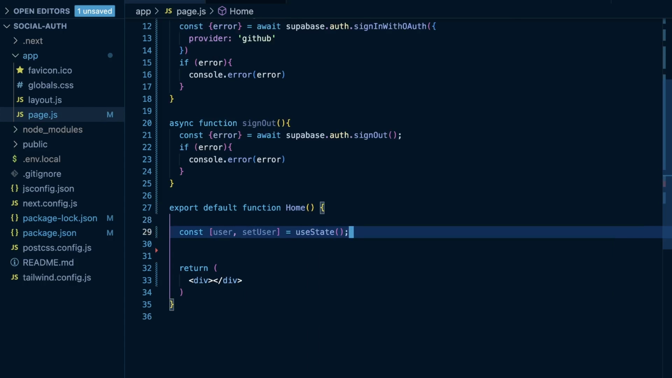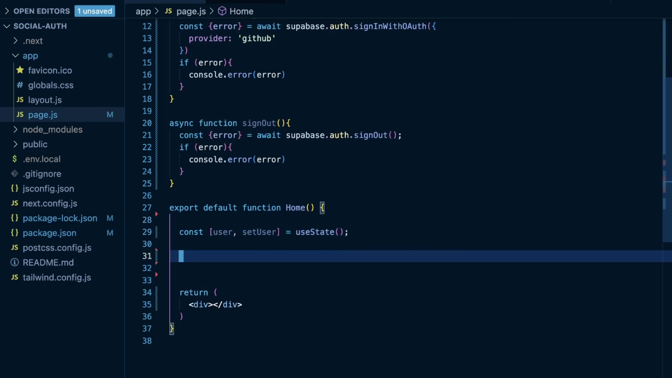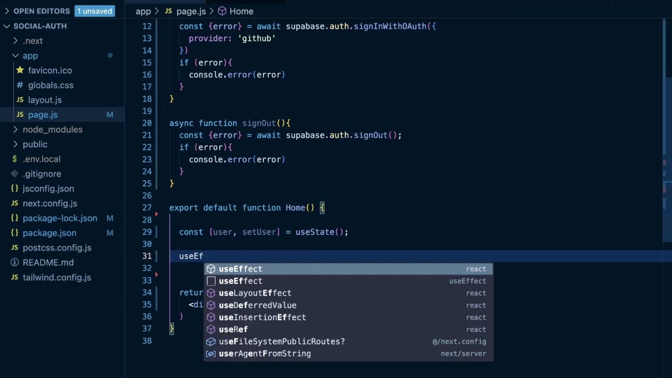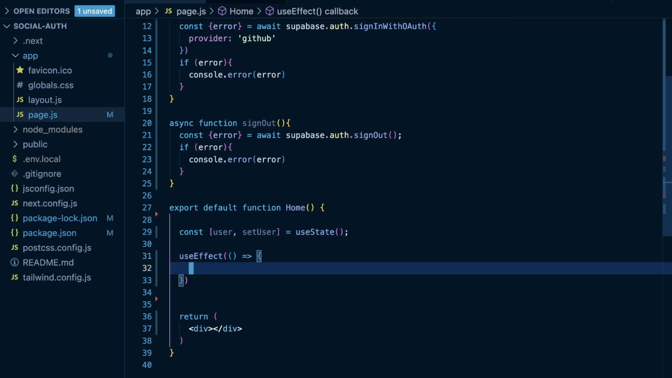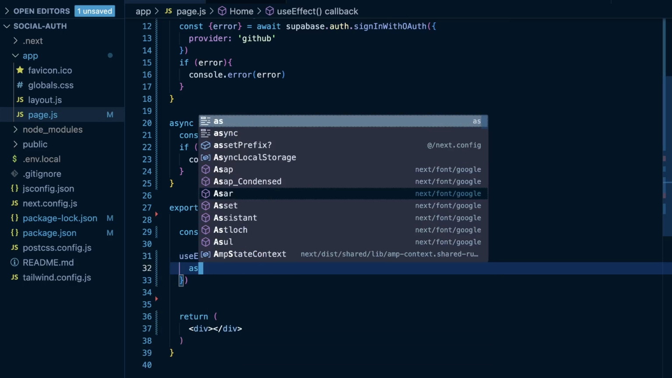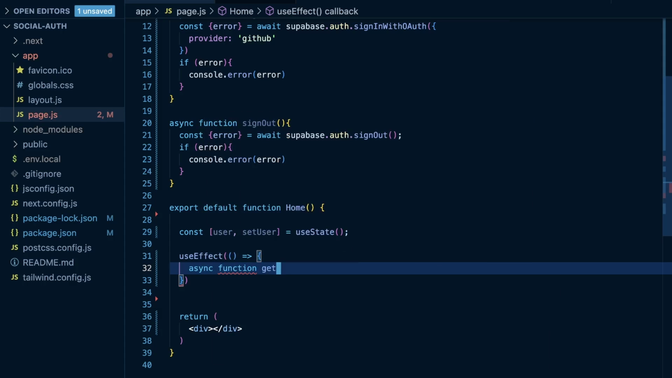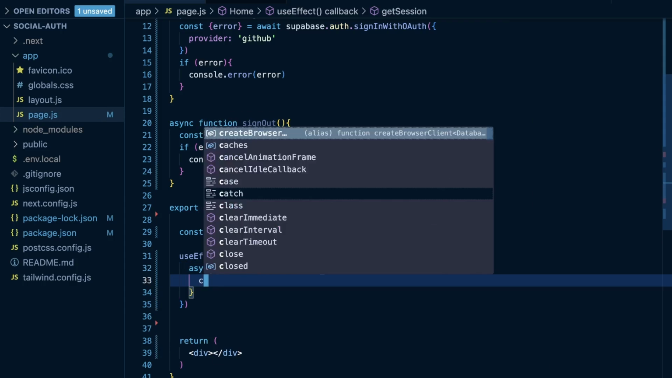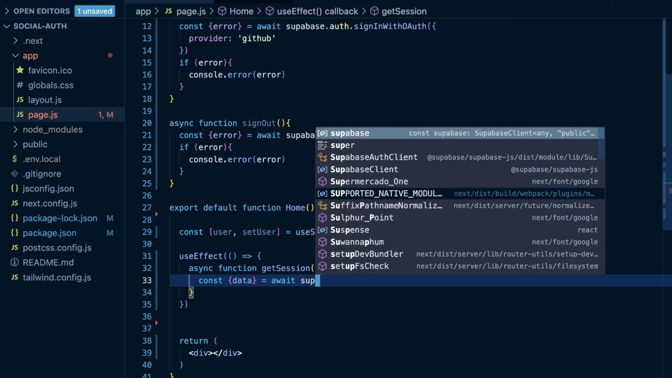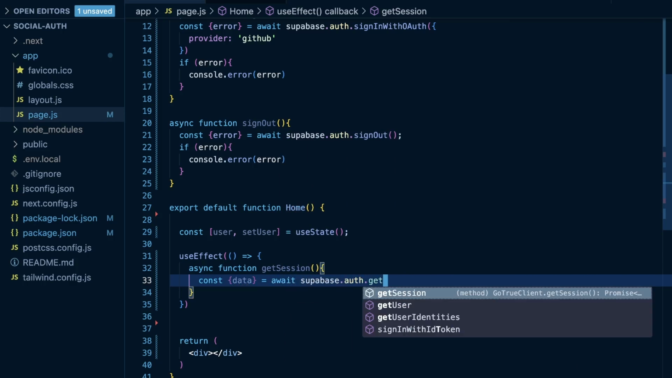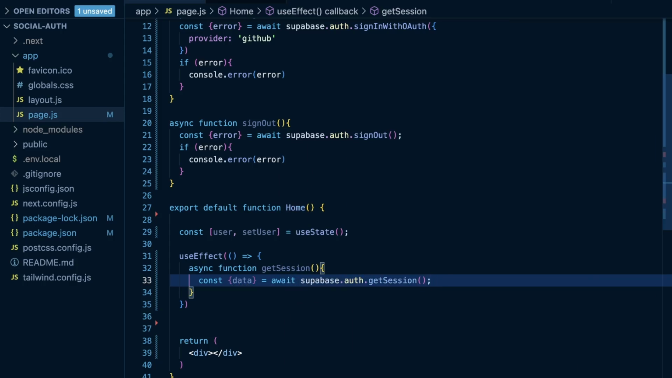And I automatically imported that from React right there. And then we're going to do a useEffect hook, also importing that from React, in which we're going to have an async function called getSession. And then what this is going to do is say const data is equal to await supabase.auth.getSession. And you could use something very similar to this to then get your user session elsewhere in your application,